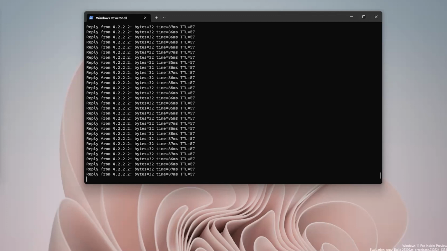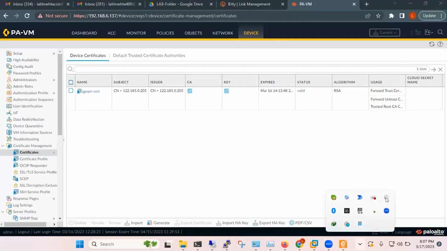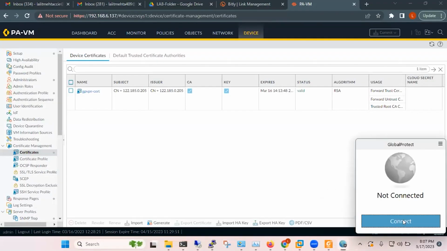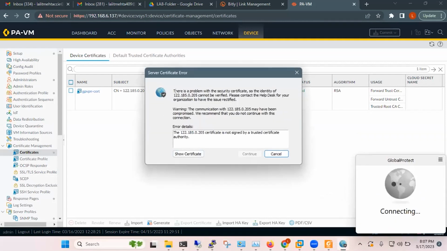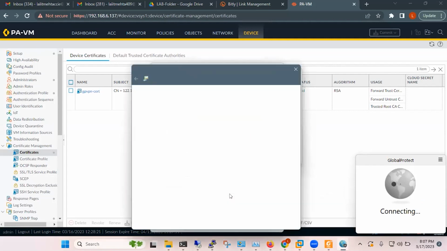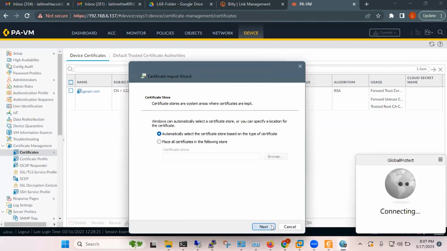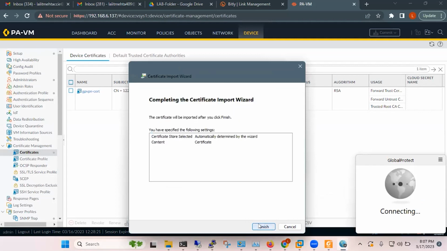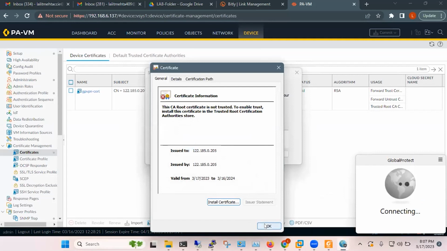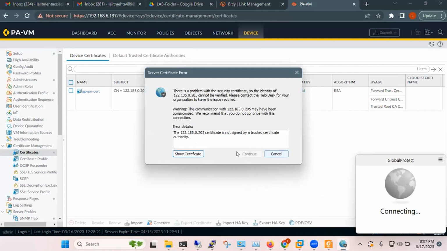Yes, guys, I will also give you the access of this OS also. Okay. So guys, you can see my system, right? Here, let me connect. When you connect, guys, you will get this type of option. Show the certificate and you have to install the certificate. Because guys, this one is our local certificate, right? I already installed this certificate. But even if you are trying to connect VPN on your side also, you can use the same process also. Okay,